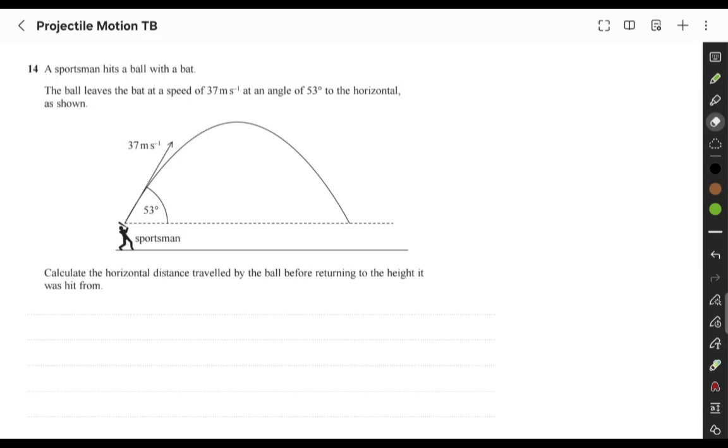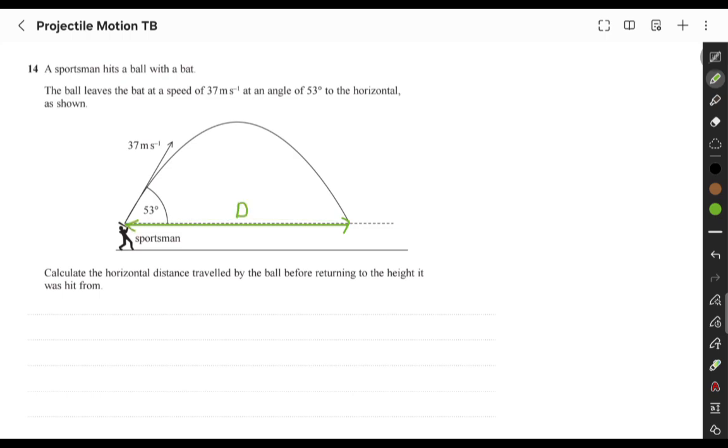So the question says, a sportsman hits a ball with a bat. The ball leaves the bat at a speed of 37 meters per second at an angle of 53 degrees to the horizontal as shown. Calculate the horizontal distance traveled by the ball before returning to the height it was hit from. So we have to calculate this distance